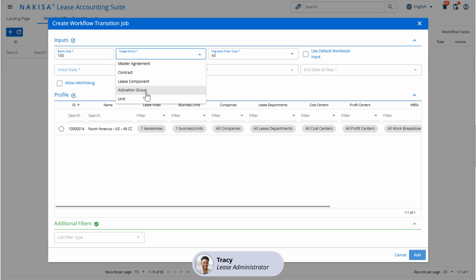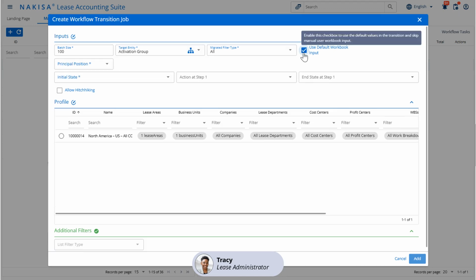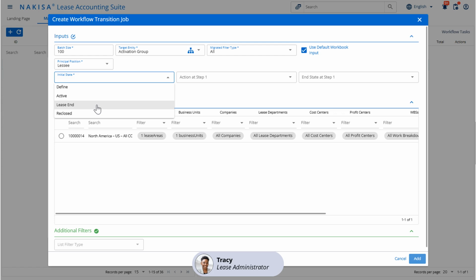I define the target entity, selecting activation groups for this transition. In some cases, I might modify inputs using an Excel file, but for this job, I will use the default workbook inputs. I select my principal position. In this job, I only want to process activation groups under lessee contracts. Next, I define the initial state, which instructs the system to identify all activation groups currently in the lease end